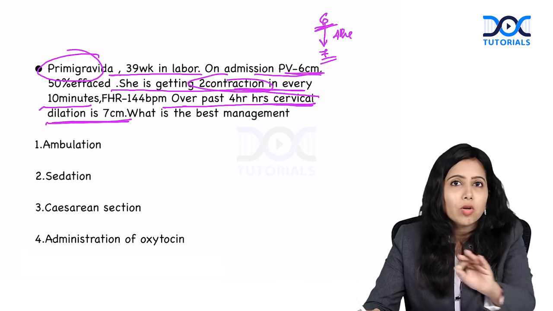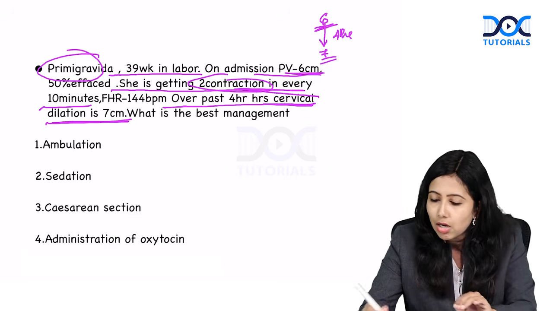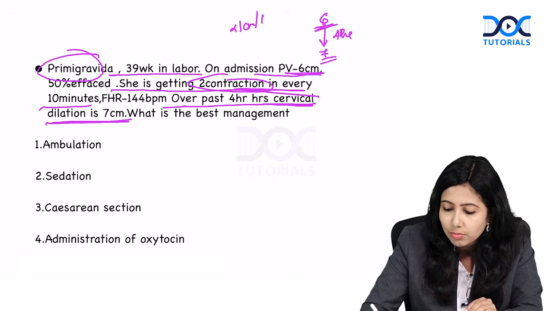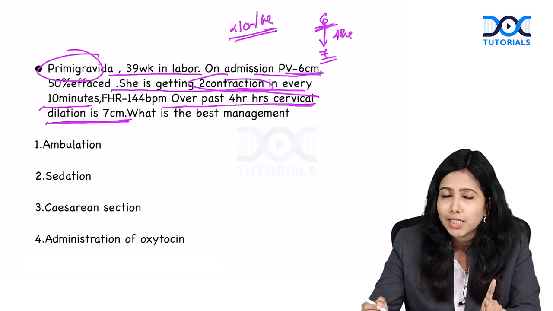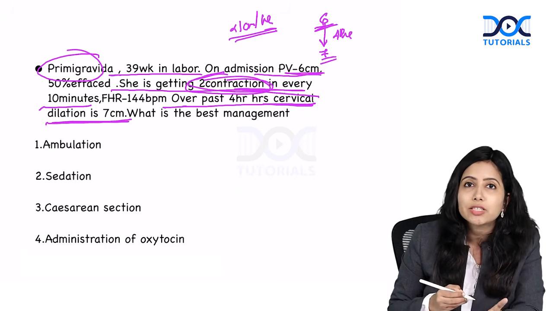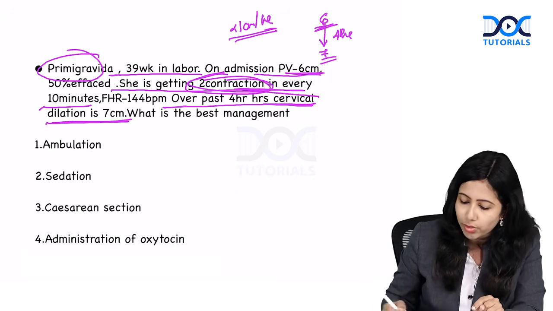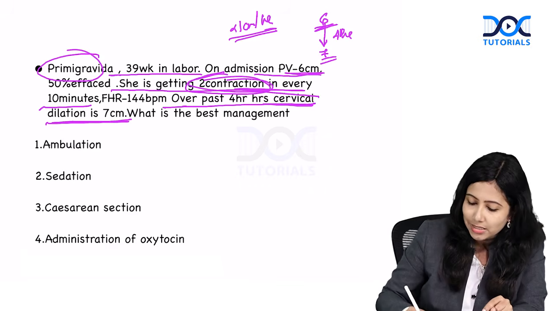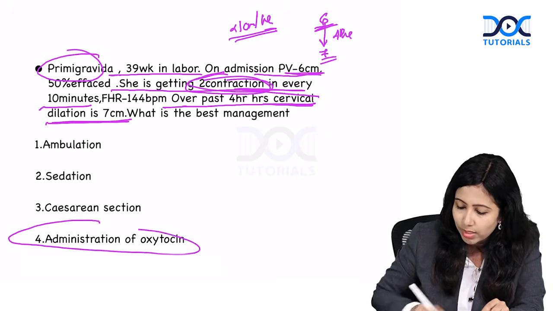So it is definitely not an arrest. There is some dilation, but the dilation is less than 1 centimeter per hour, and her contractions are not adequate. So what are you going to do? Are you going to do cesarean straight away? No. As the contractions are not adequate, we are going to give her